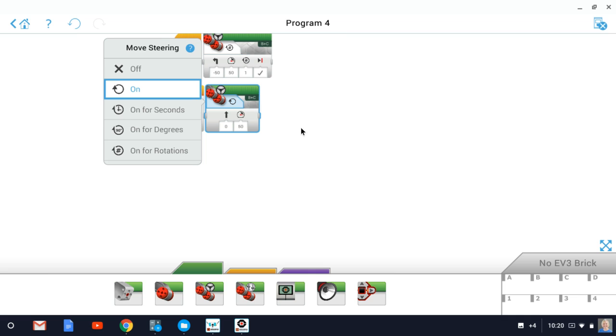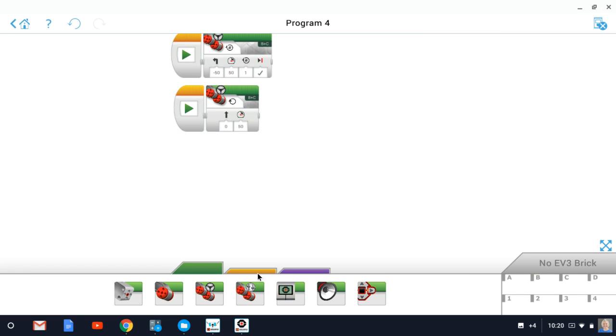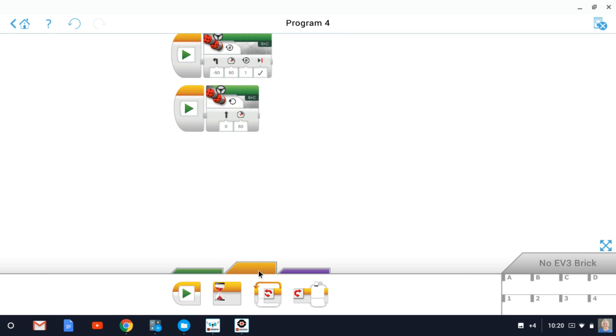Okay, we are going to tell it when to stop. And we want it to, when it sees an object at 6 centimeters, we want it to stop. So we're going to go back over here to our flow palette. We're going to pull up the wait block, and the wait block is the piece where we really can change around a lot of different things. And then we're going to click right here to change a parameter. Okay, you see where my mouse is? So we're going to click,